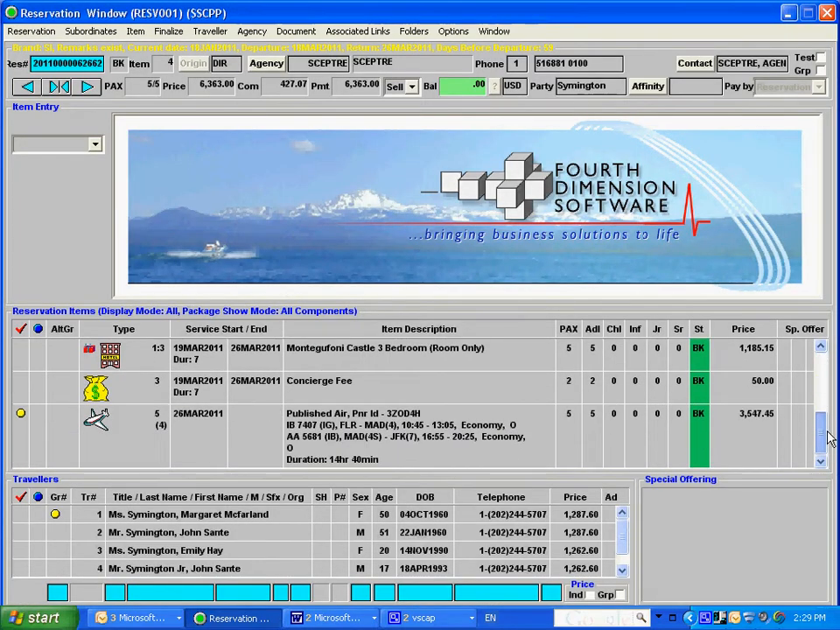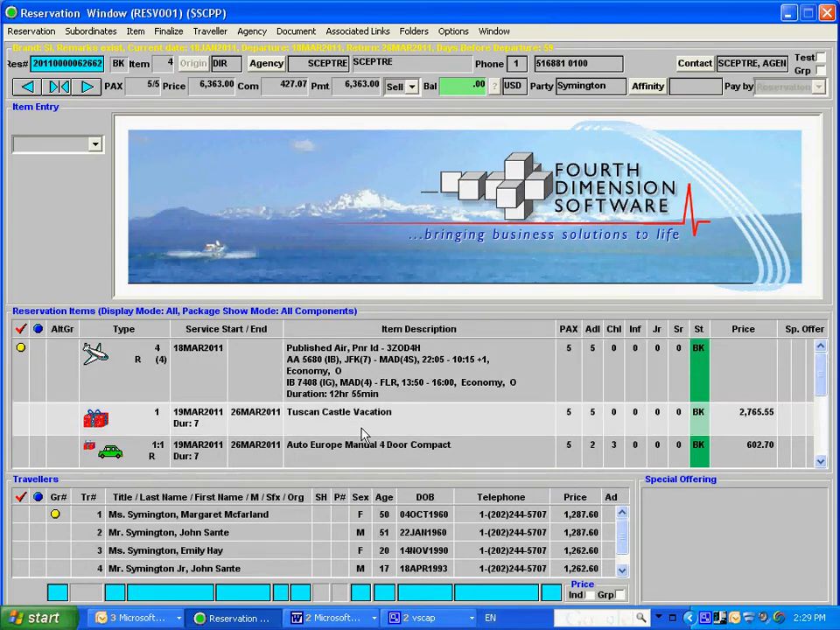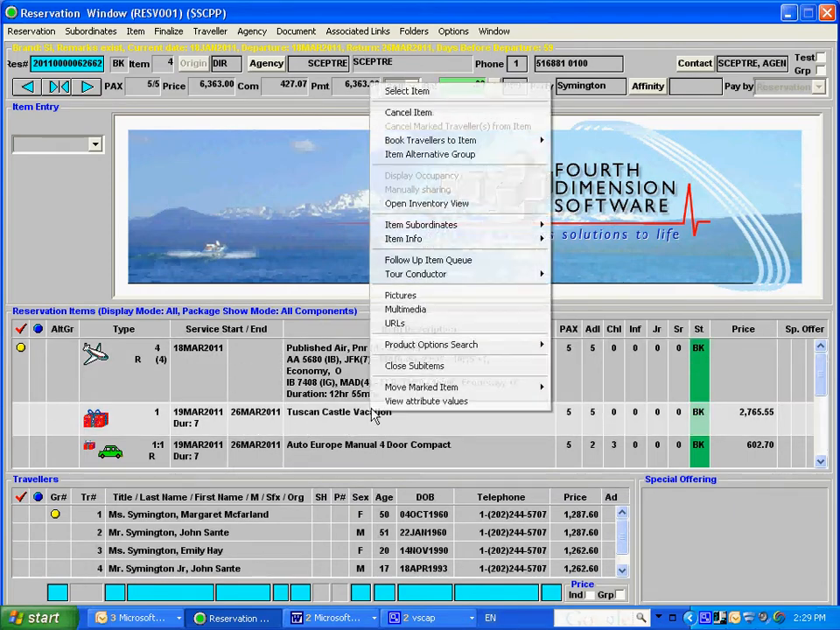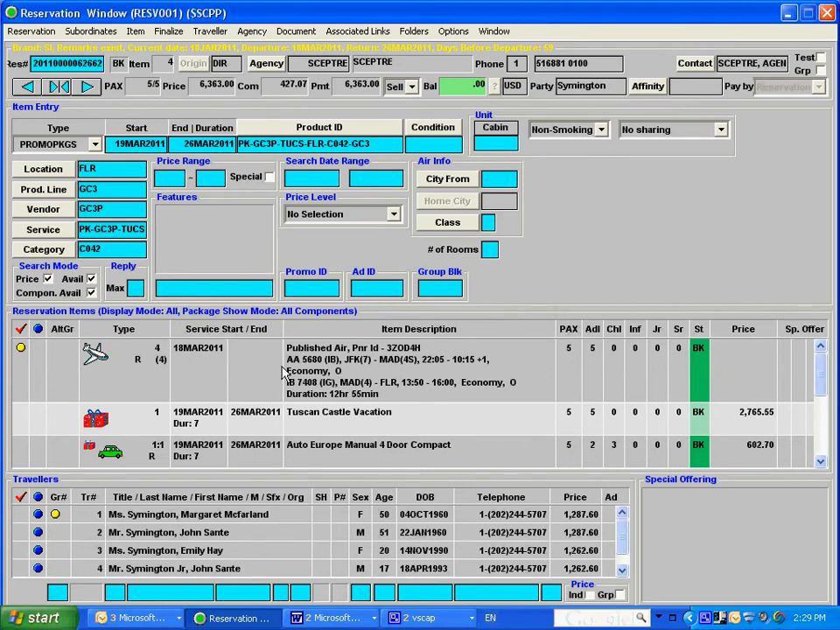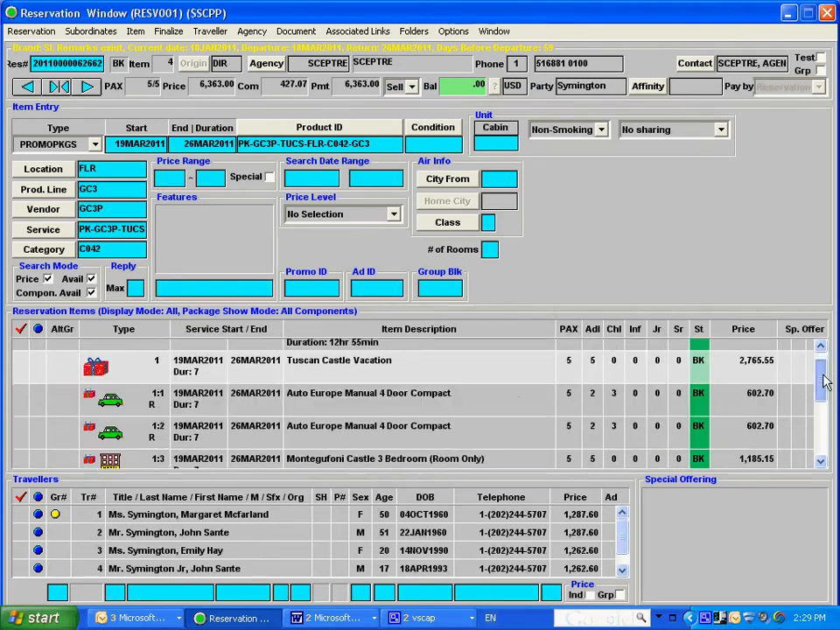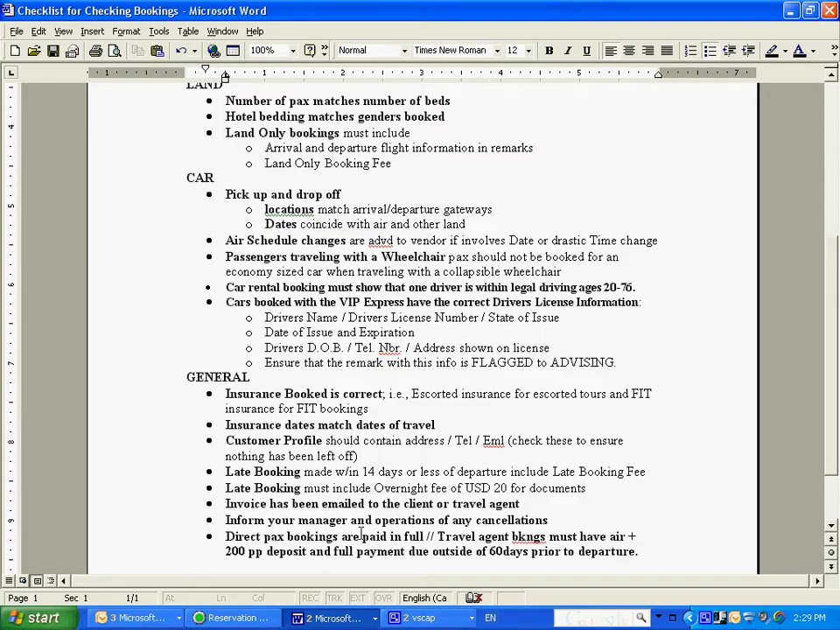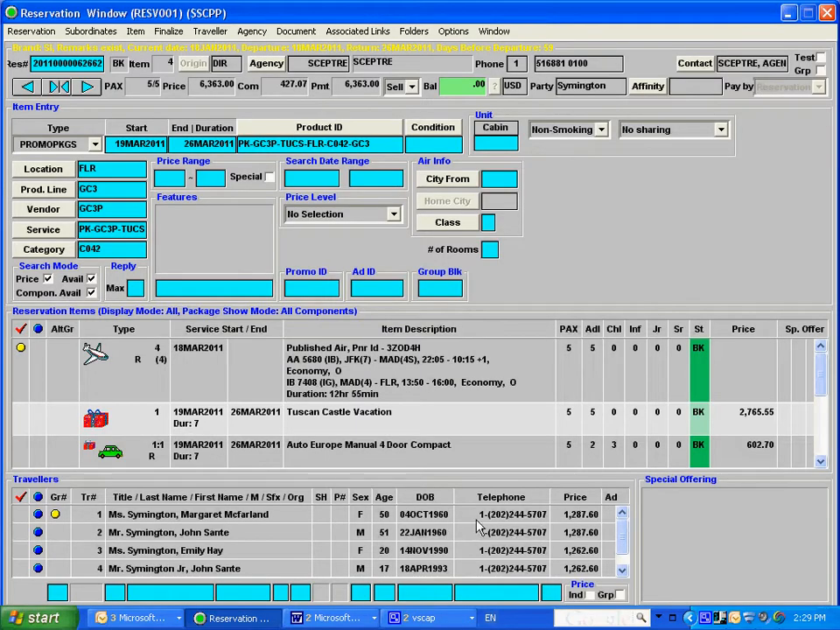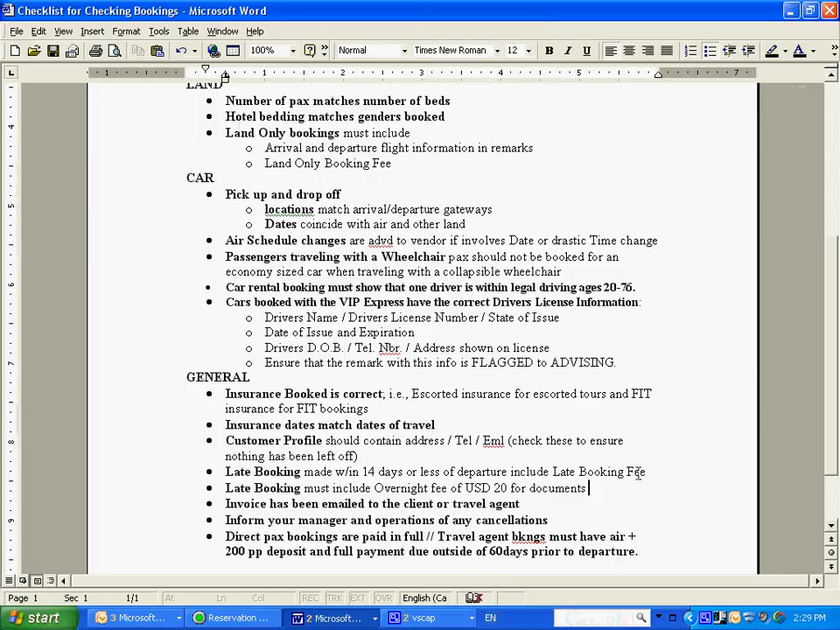General information. Insurance booked is correct. This one doesn't have an insurance, but you want to make sure you'd see the insurance there, and you want to make sure that the date matches the airfare. Do a select item and check. Customer profile, there is a phone number in there. Late bookings,